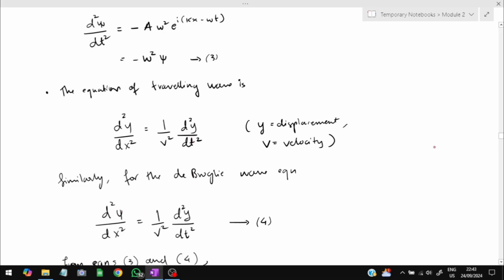Okay, now what we are trying to do is derive something from equations 3 and 4. This is equation 3 and this is equation 4. What you can observe here is that this term is common in both. Sorry, not this, this is t. So this term is common in both here, so we can equate this term and this term. So when we equate both of these terms, what we obtain,